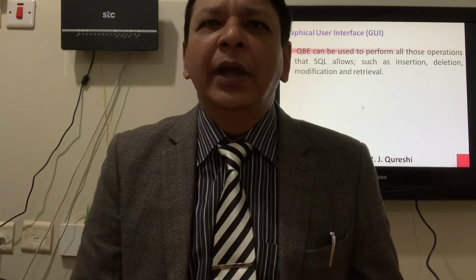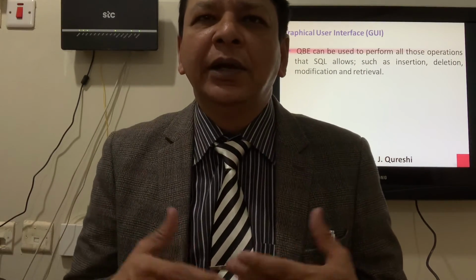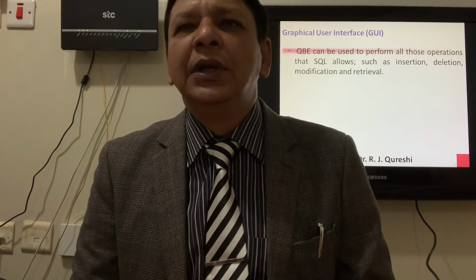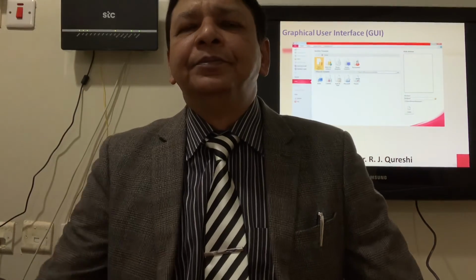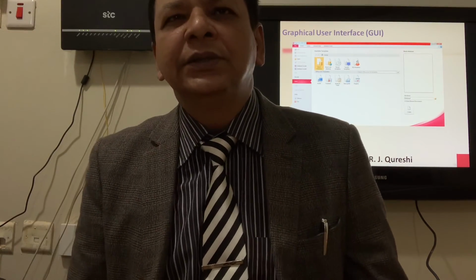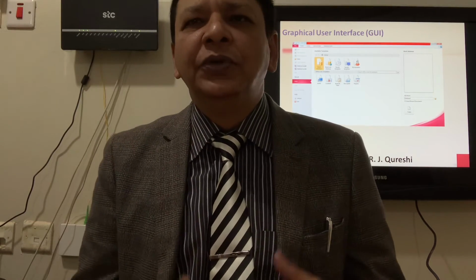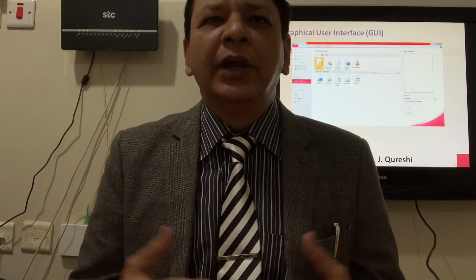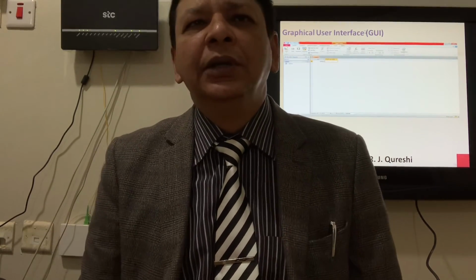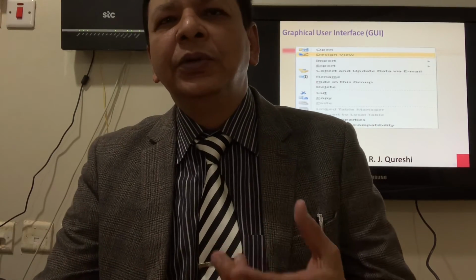Query by example can be used to perform all data manipulation operations: we say insert, delete, edit and retrieve the data. So this is an interface in Microsoft Access. When you click on the Microsoft Access icon, it will show you how to create a new database, and then it will show you a table. If you click on the table icon, it will show you this interface.